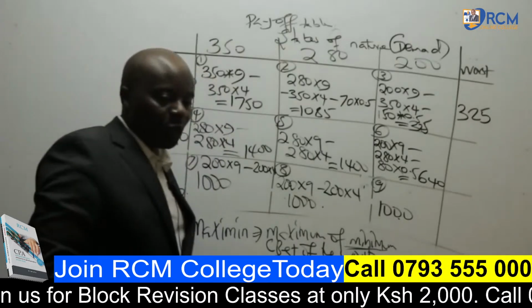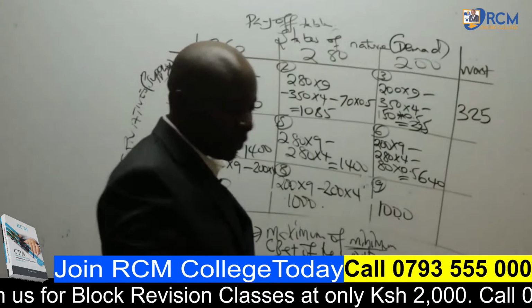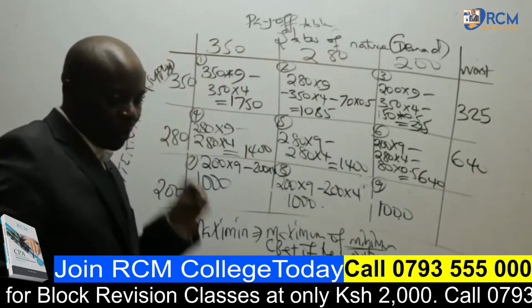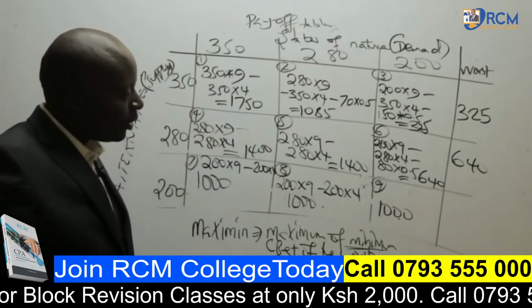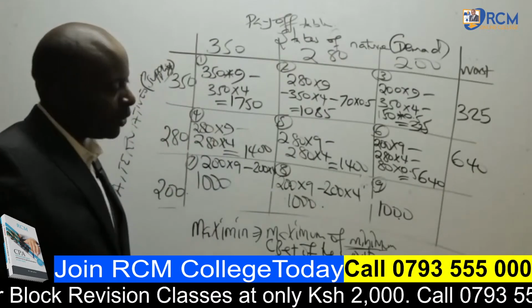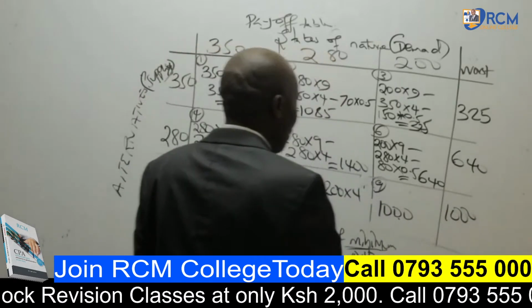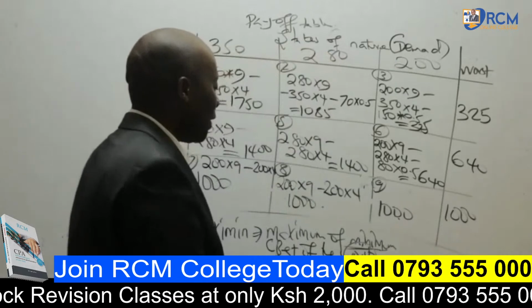So row number 2, we have 640. Row number 3, what do we have there? Row number 3, 1,000. So now, ladies and gentlemen, after you get the worst of all this, then between the 3,